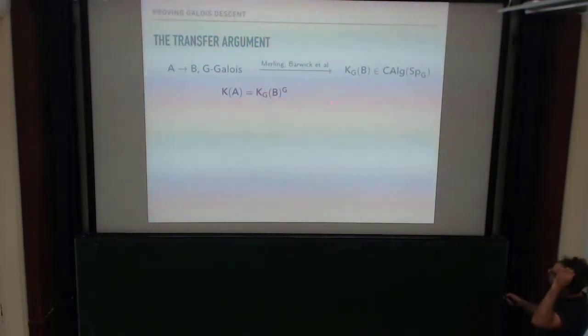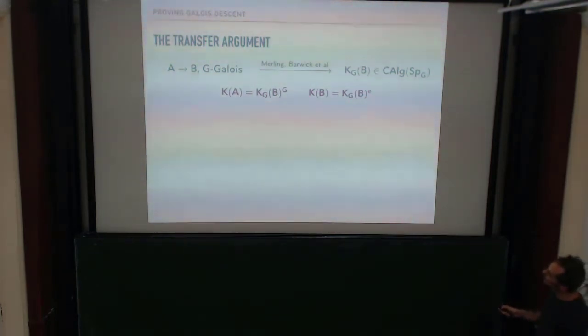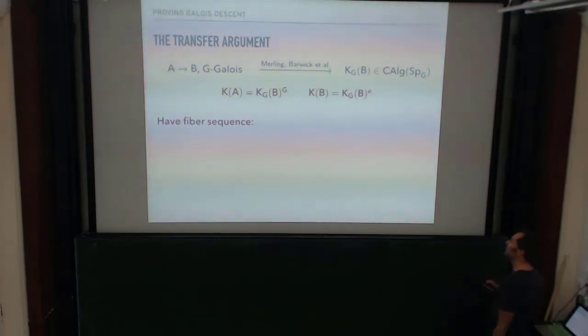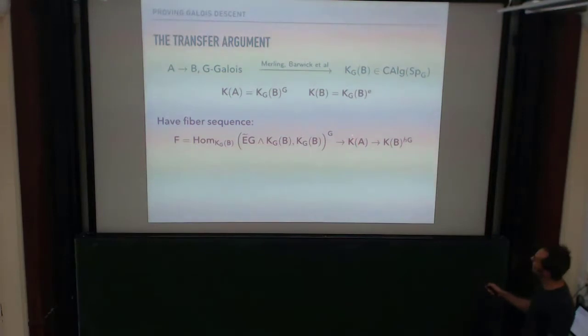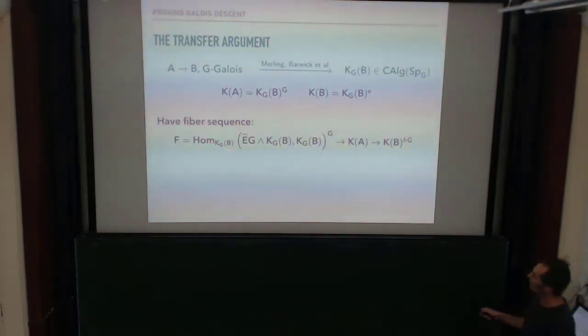This genuine G spectrum has the property that its G fixed points give me back K of A. And if I take the underlying spectrum, or the fixed points of the trivial subgroup, I get back B. So what we really want to do is compare the G fixed points to these homotopy fixed points. And that comes from looking at a certain map. So we go from K of A to K of B, homotopy fixed points. And we very explicitly understand the fiber. So some sort of mapping spectrum